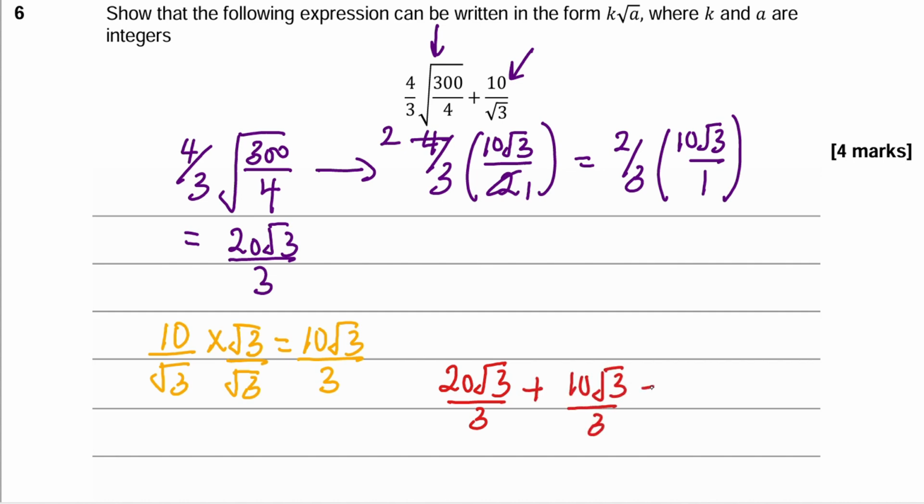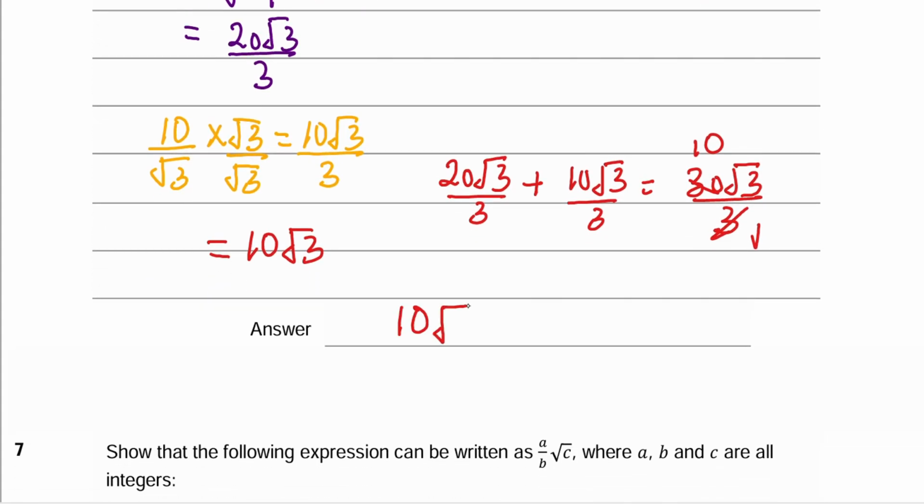Because these have the same denominator, it is going to be really simple for us. This will give us 30 root 3 over 3. Dividing, because 30 and 3 here have something in common, would give me 1 and 10. And therefore, this will leave my final answer to be 10 root 3. So I'm going to come down root